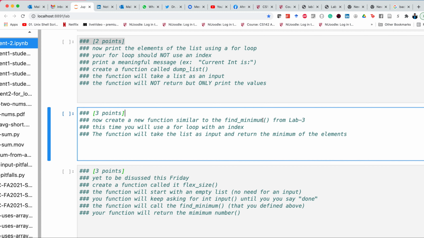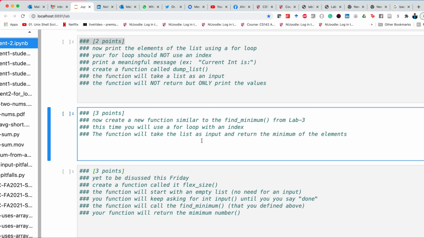Remember in the lab, you created a function called find the minimum. And this function took a list of three numbers, and I told you not to use a list. I told you not to use a for loop to do this. I basically asked you to index these numbers and check if the number in the first position is less than the number in the second position, and you repeated all of this, and you had a baseline of putting the first element in